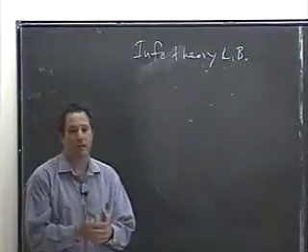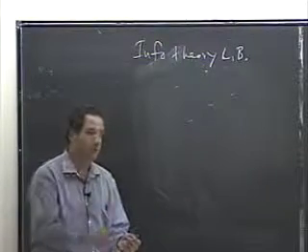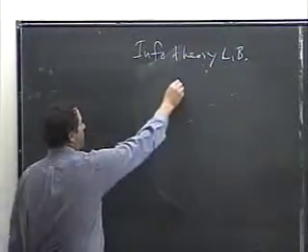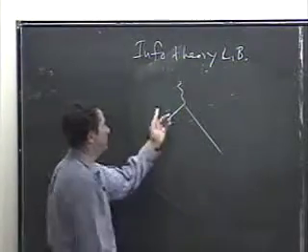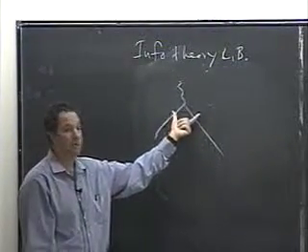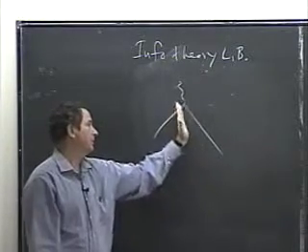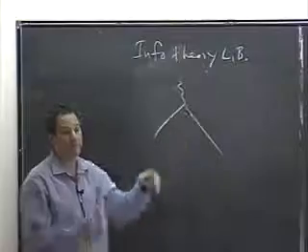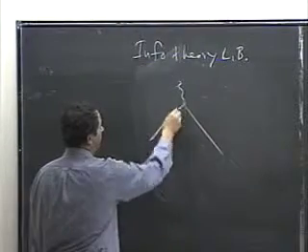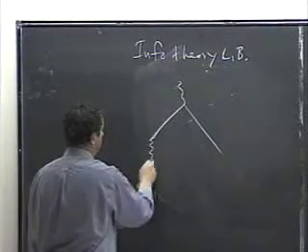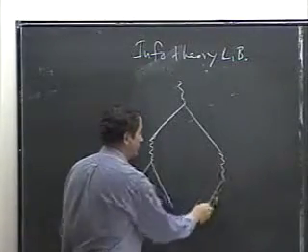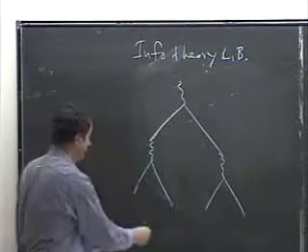Each algorithm in that class has the structure that it does some straight line code, however complicated that may be. Then it branches. And last time we said it was going to branch just in two ways, but actually any finite branching here will do, as long as there's a bound on the number of ways it can branch, independent of the size of the problem instance. But we'll just look at it as two. And then depending on if it branched this way, it does some particular straight line code. Maybe it branches again, does some straight line code, which may or may not be the same, but usually considered different. And it goes like this until finally